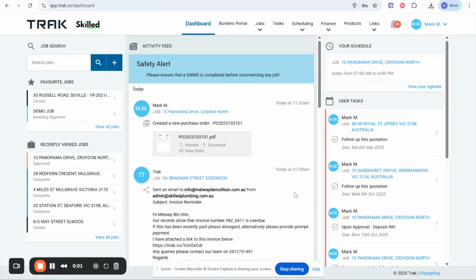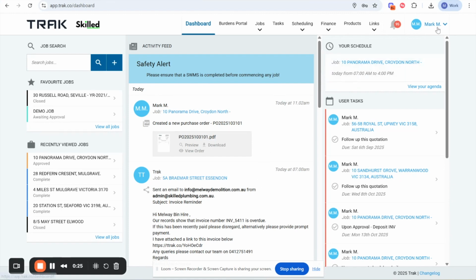Hi, today I want to walk you through the new feature within the Trak platform that allows you to use our AI expenses module to automatically create bills from an email that you send into the platform. Now, there are a couple of steps to making sure that our bills work really well within your Trak automated bills system. And the first part is a small change we've made to our suppliers and setting up suppliers in